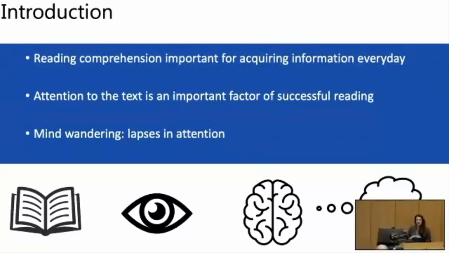Whether you're understanding this text that you're reading depends on several factors, but one of these factors is your ability to pay attention to the text. And these lapses in attention while reading are called mind wandering, zoning out, or, in Caitlin's talk, task-unrelated thought. It's no surprise that if you are mind wandering, you're not paying attention to the text, you won't understand it as well. And that's why mind wandering has been shown to be negatively correlated with comprehension outcomes. If you don't pay attention to the text, you don't understand it as well.